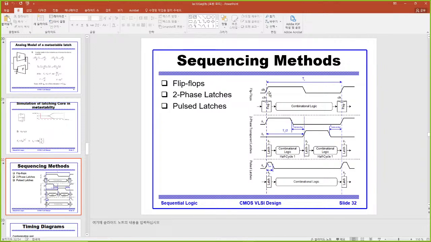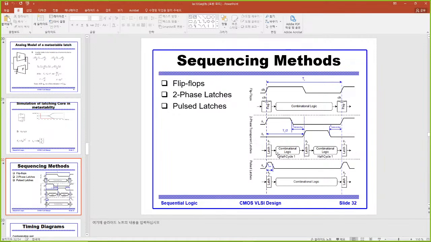CAD tool delay calculation can be easily done on this kind of flip flop to flip flop data path, because the timing requirement is straightforward. For the setup time, clock to Q delay plus combinational logic delay plus setup time of the flip flop, all these three terms must be below 1 cycle,